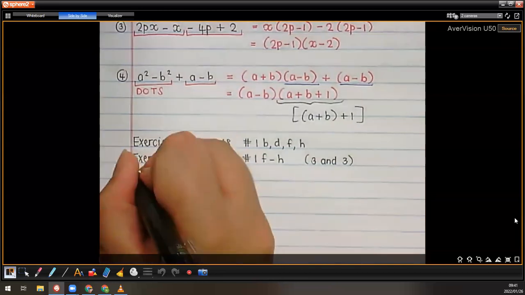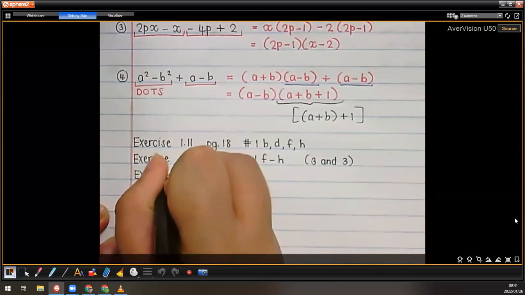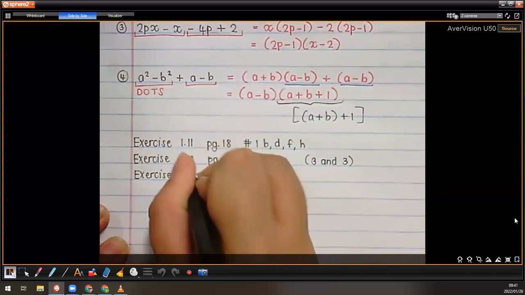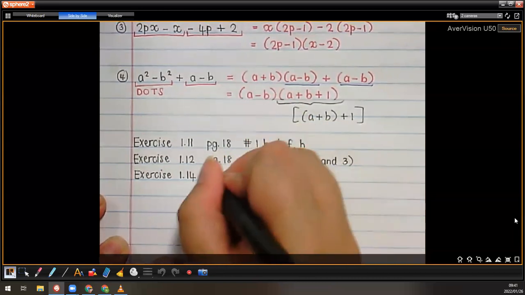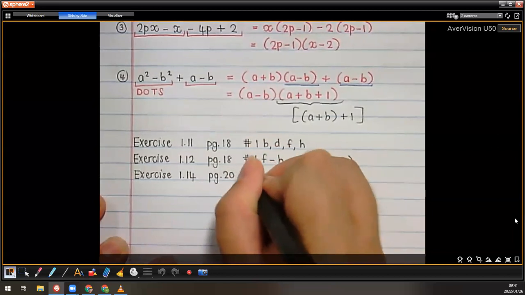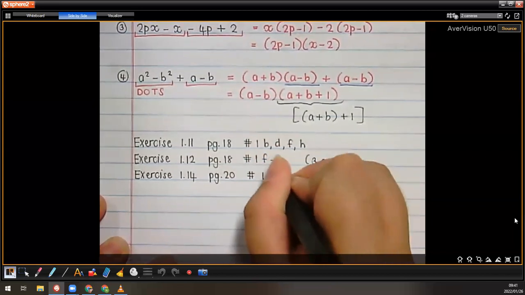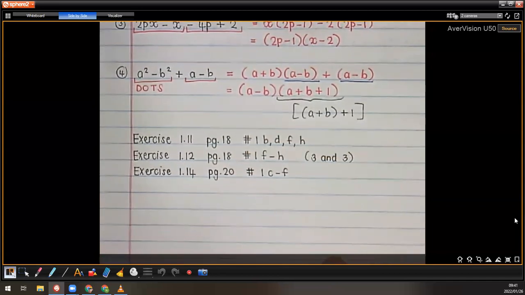And then for exercise 1.14, these are now questions that are more similar to the last one. Group 3 and 3 together instead of 2 and 2. There are 6 terms in the